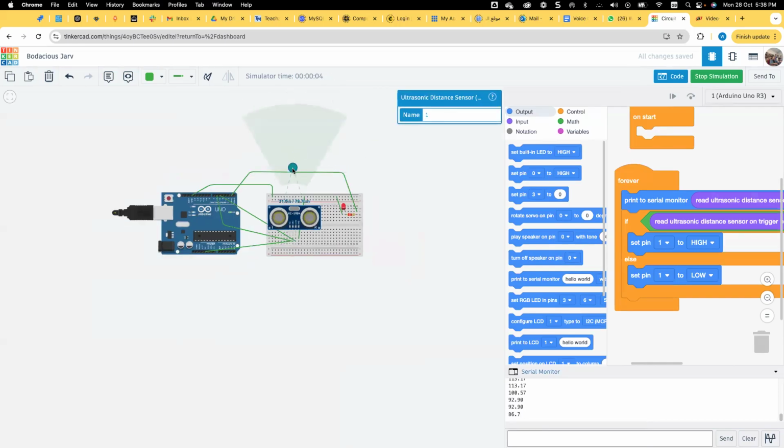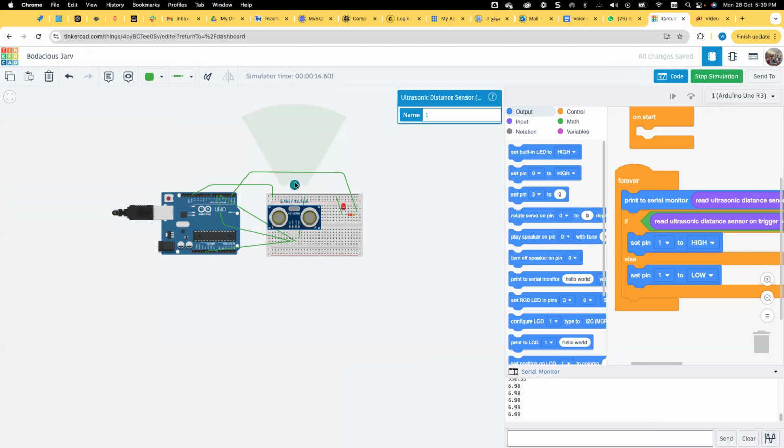So when I move, this is considered as the object detected. When I take it far, it's like now 289 centimeters. When I make it closer, it's like 70 centimeters. And then I can make it all around. Okay. So you can see here the distance measured. And if it's less than 15,